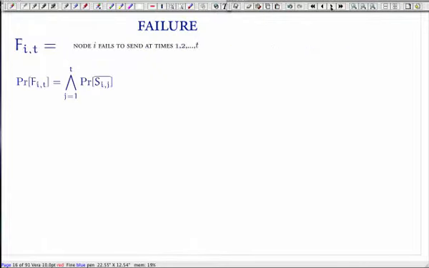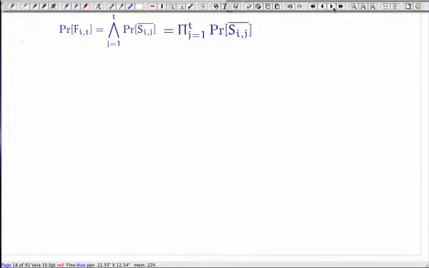And you can sort of say that, well, for me to fail at time 1, at time 2, at time 3, etc., that means that I failed at time 1, at time 2, at time 3, etc. It's an and of all of these type of operations. Right? And again, ands of probabilities of independent events you can multiply together. Okay, so this type of thing is also going to succumb to the same sort of analysis